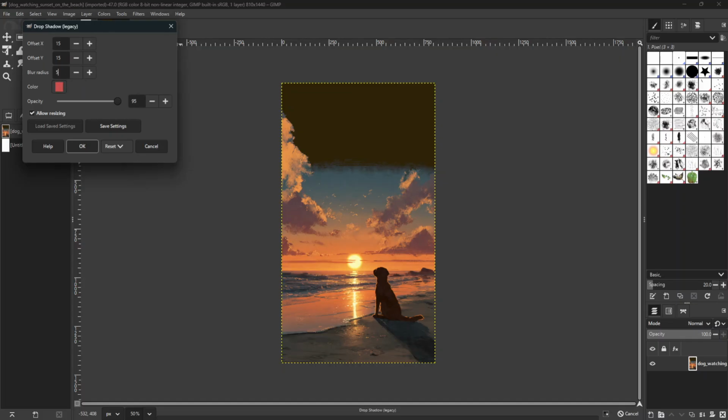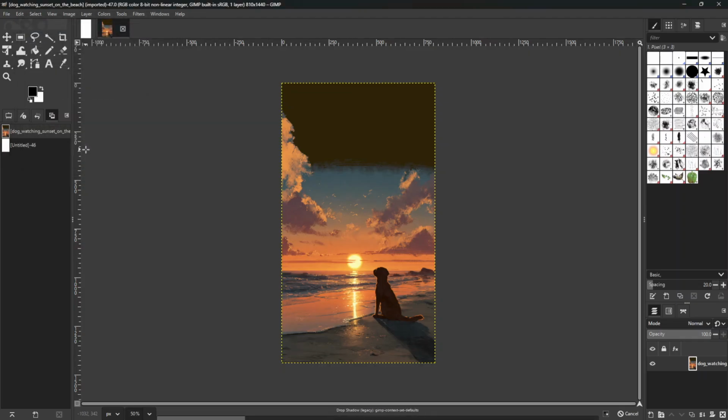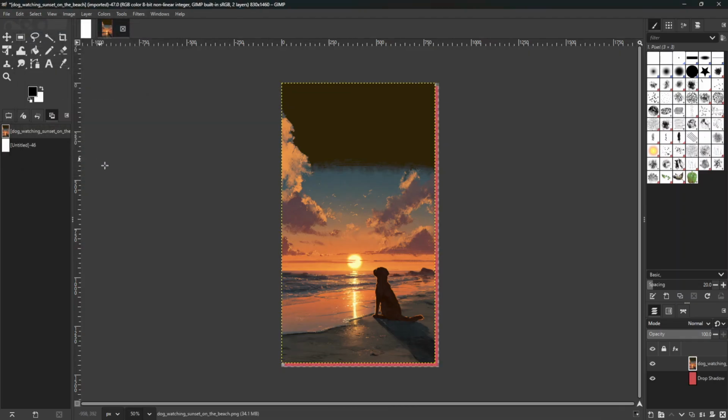Finally, there's the opacity setting. This controls how transparent the shadow appears. A higher opacity makes the shadow darker and more pronounced, while a lower opacity results in a lighter, subtler effect. Take your time to tweak these options until you get a look that fits your project best. Once you're satisfied with your customizations, simply click OK to apply the shadow to your layer. You should see an immediate difference, adding dimension and appeal to your image.